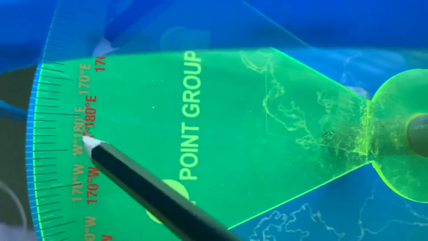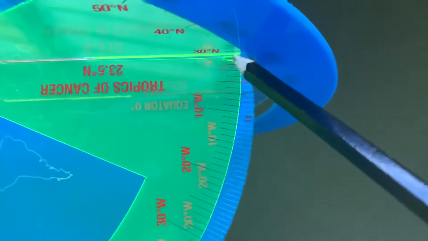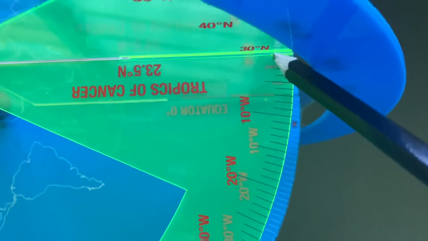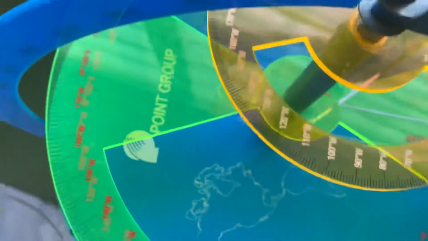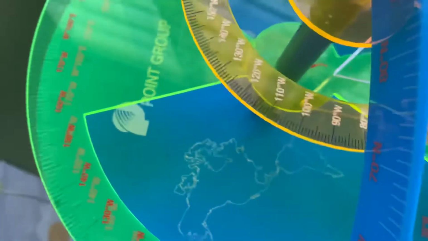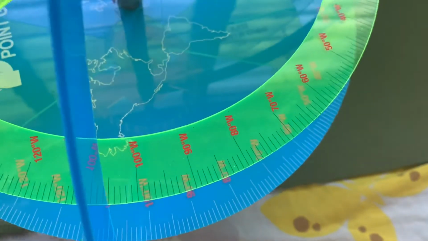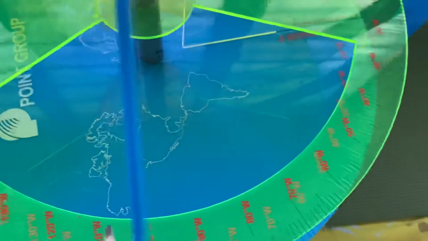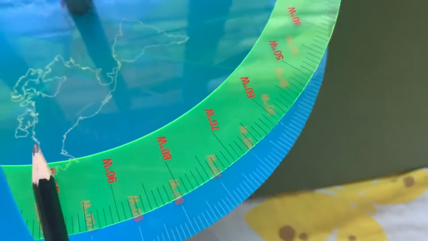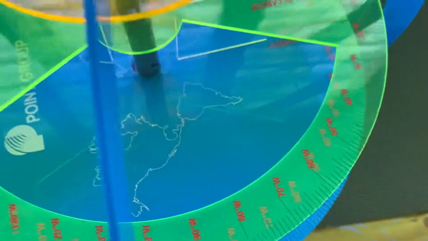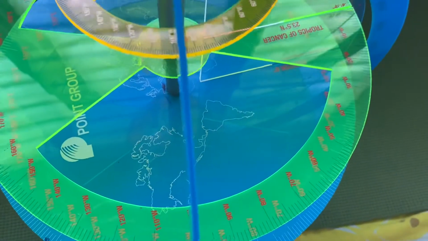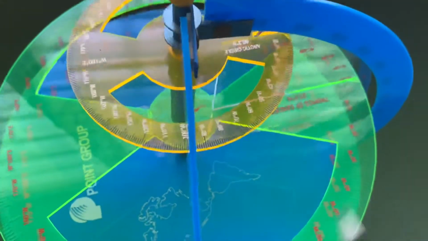So 180 east or west is facing opposite to the 0 degree, which is Greenwich Meridian. 0 degrees here. Or let's say I give you 100 west. I put it at 100 west. For this one, this semicircle is at 100 west. So the semicircle opposite to that is,